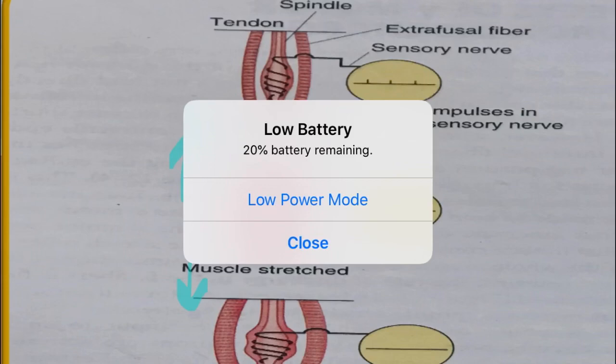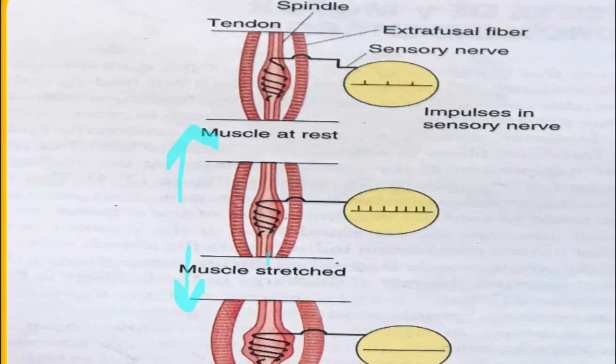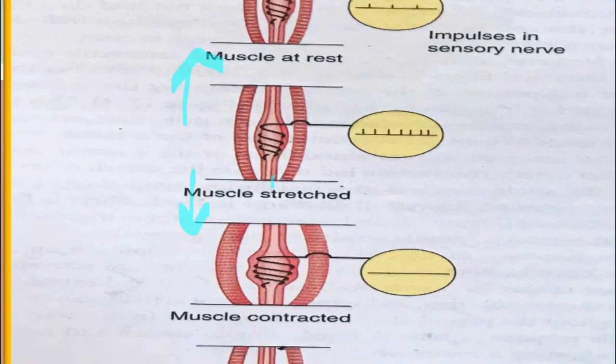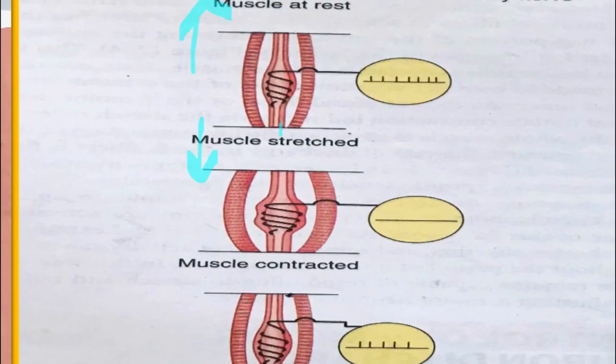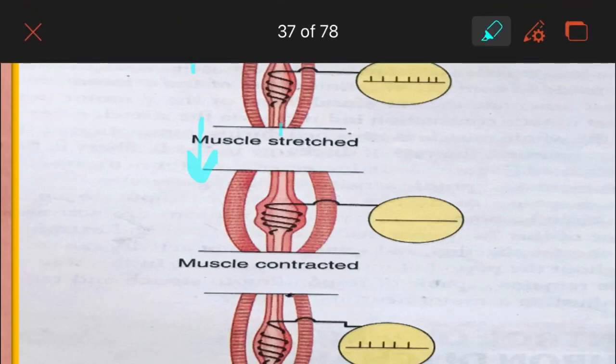Okay. Now, because of the development of the potential, the alpha motor neuron is activated. What is the alpha motor neuron doing? It is making this extrafusal fiber contract. How is the contraction happening? The contraction is making the muscle move in this direction. So, what will happen to the muscle spindle? It will get relaxed. That thing is called unloading of the muscle spindle.